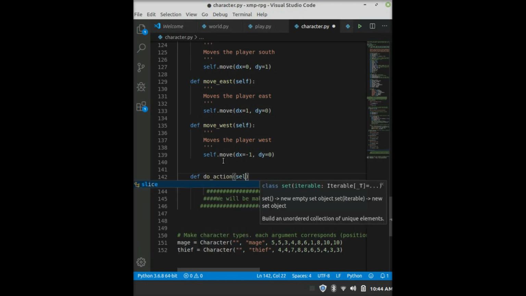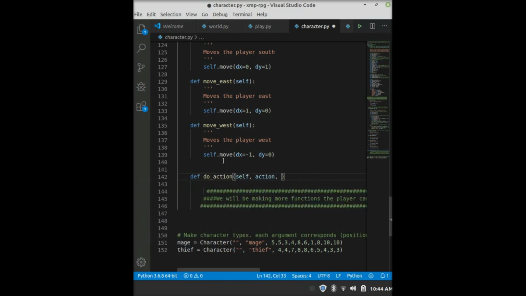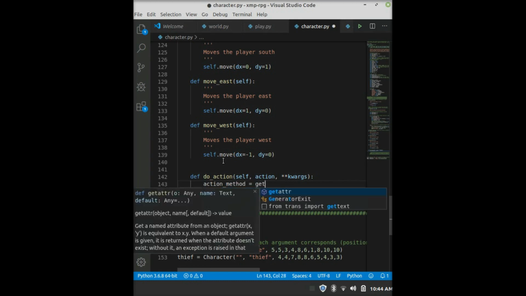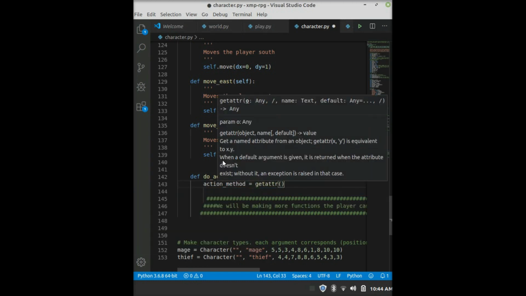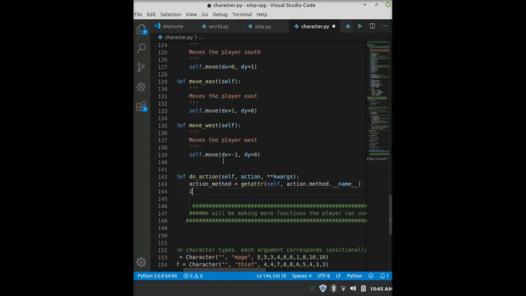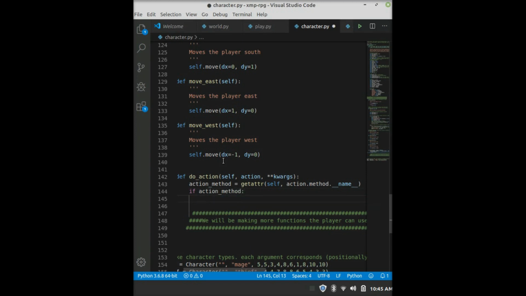action with self, action, and kwargs as the parameters. And then we say action_method equals getattr, which is get attribute. Self is the first argument, and the next argument is action.method.__name__. And then we say if action_method, then we say action_method